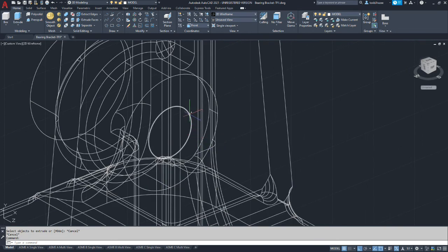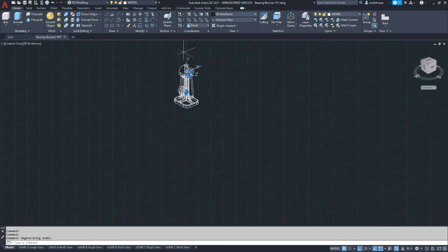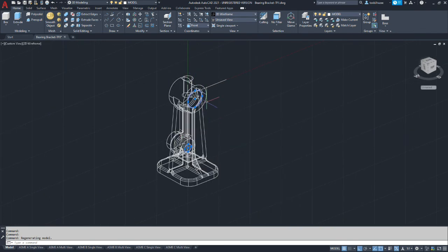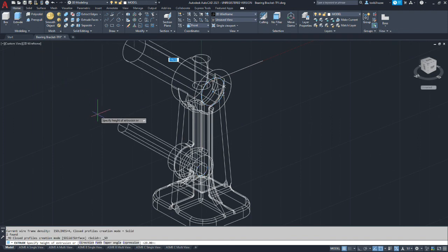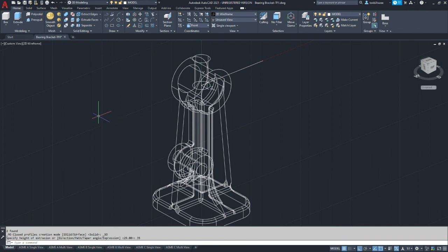And I'm going to go ahead and select both circles. Some people do these all individually so they're separate, but in this case I'm just going to go ahead and do them both. And I'm going to extrude them 35. It'll be just a little bit longer than the actual hole.